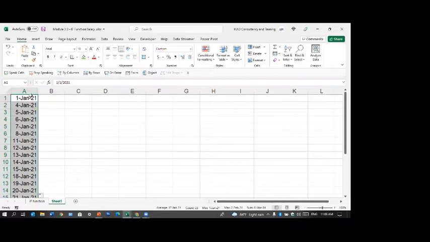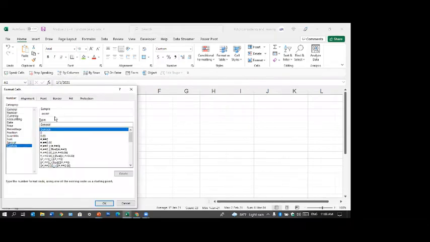Now let's see. Look at the formatting of these dates. I right click the whole column and say format cells. Comes with the number. I go here, put. Remember, the date can be formatted in any way you want. You can put the YY in front, right? Dash. Then MMM.